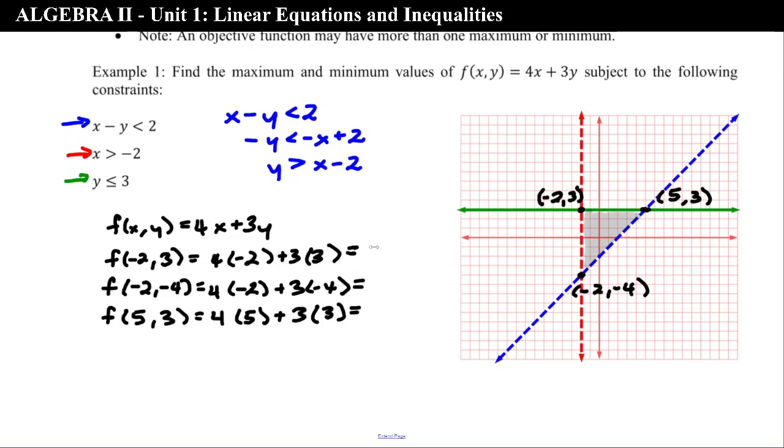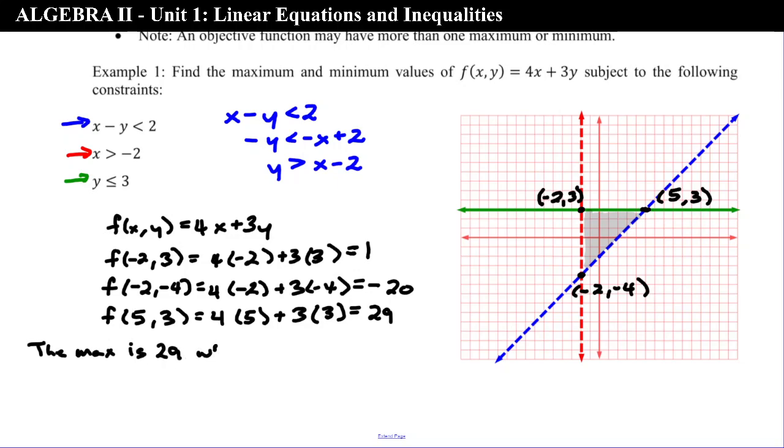So when we evaluate the first one, we end up with 1. The second one, we end up with negative 20. And the third one, we're going to end up with 29. Okay? And so this is going to give us our final answers. So now we are just simply going to take the highest one as our maximum and the lowest value for our minimum. So we would say the max is 29